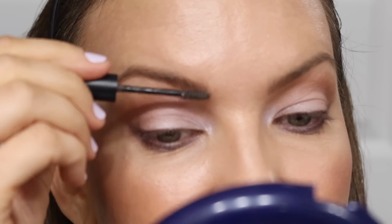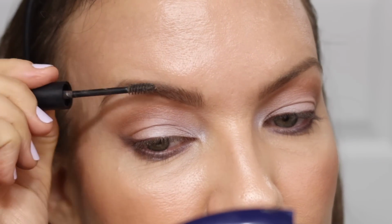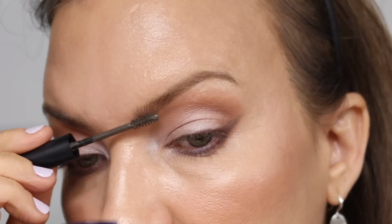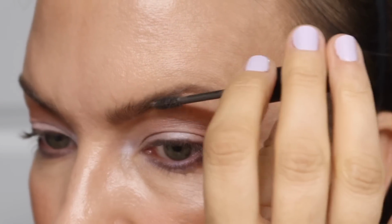And I'm just gonna brush through the hairs with this e.l.f. brow gel. And it's got little fibers. It's kind of like that one from Benefit, but of course it's not anywhere close to the same price. What a difference this makes. And my brows still look like natural brows. They don't look, you know, like fake, drawn on